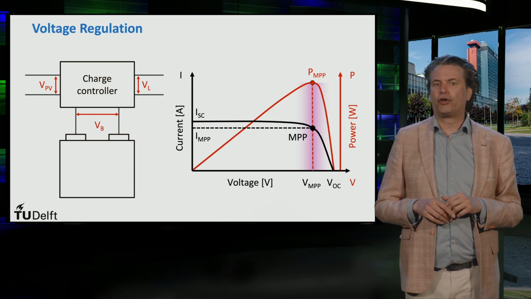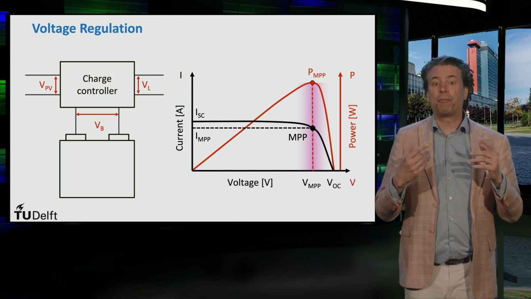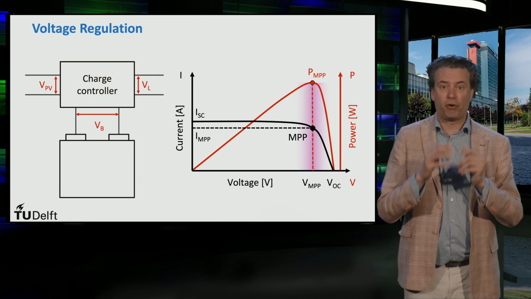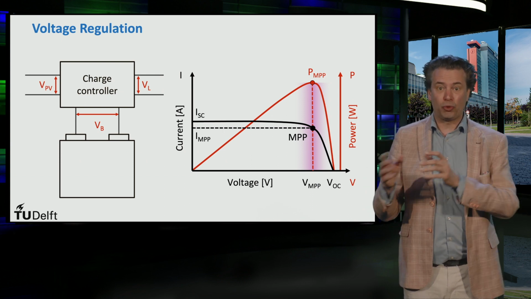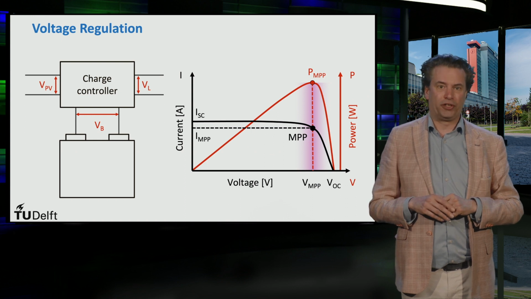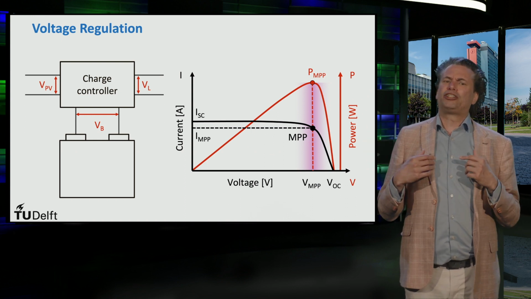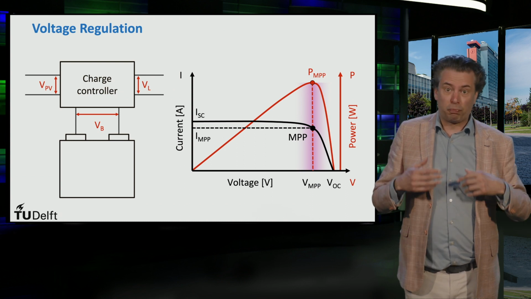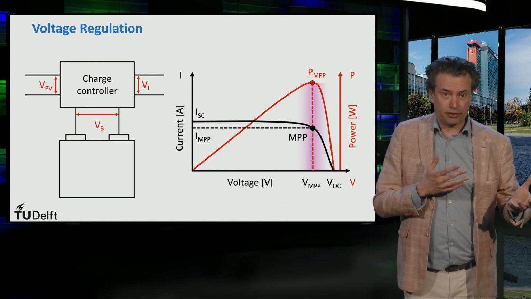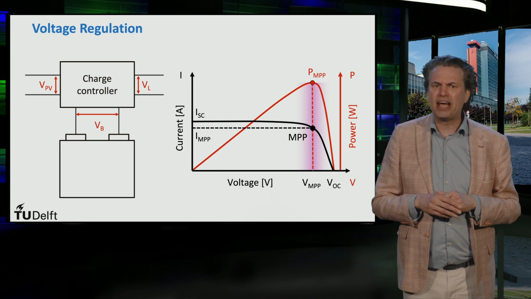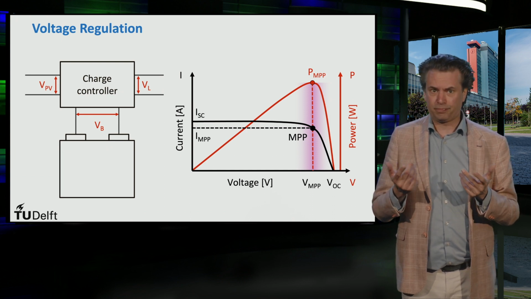This allows for the PV modules to operate close to its maximum power point voltage and the battery close to its rated voltage range. Now that you know that a charge controller is meant to protect a battery in various ways, let's take a look at a few ways that this can be accomplished.